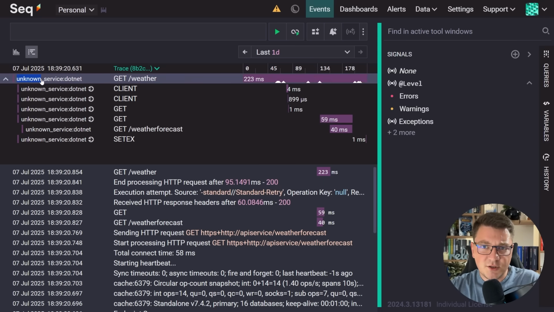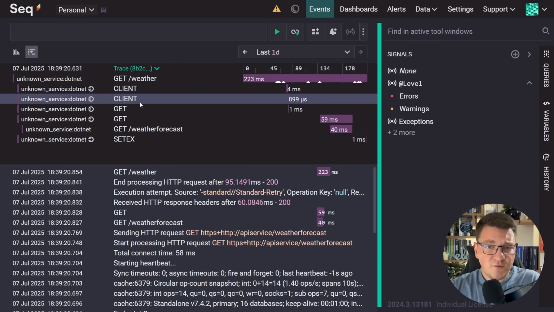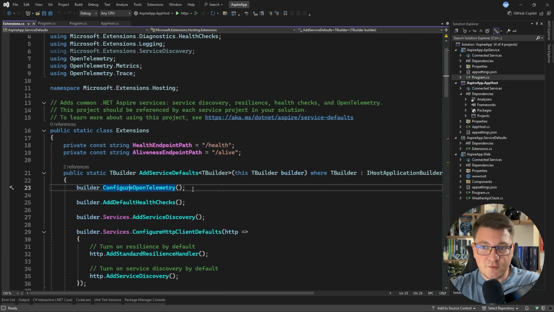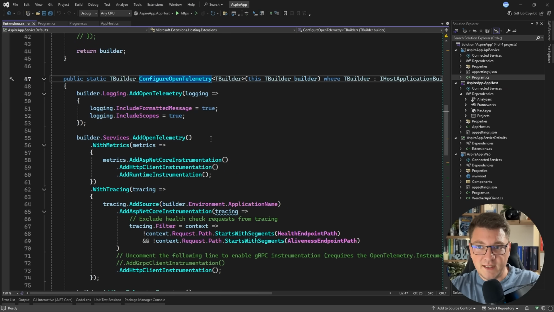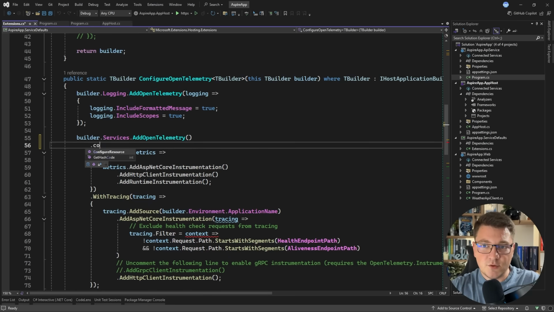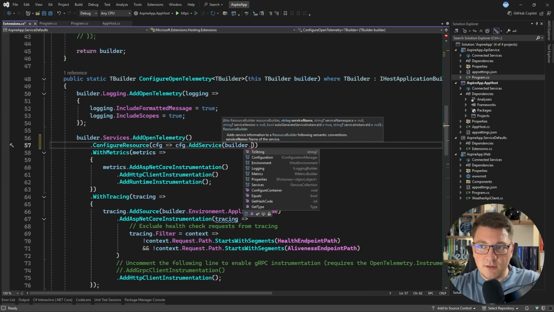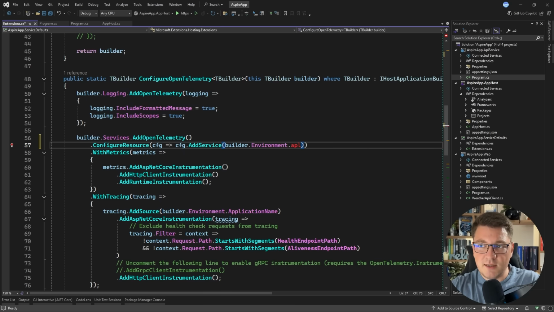Now notice that the service name isn't specified here, so we don't really know which application generated which distributed trace. So if you want to solve this, here's what you have to do. Back inside of our .NET application, I'm going to go into the Add Service Defaults and then configure OpenTelemetry, and here I'm going to say configure resource, and let's specify the resource name by calling the add service method, and I'm going to say builder environment application name, and this is what I want to use for distinguishing my distributed